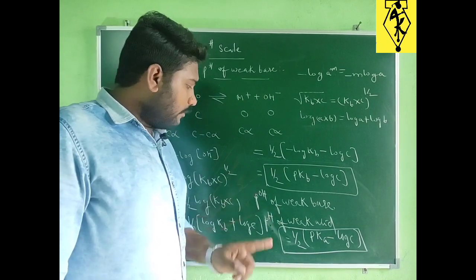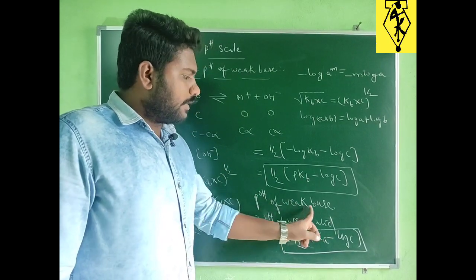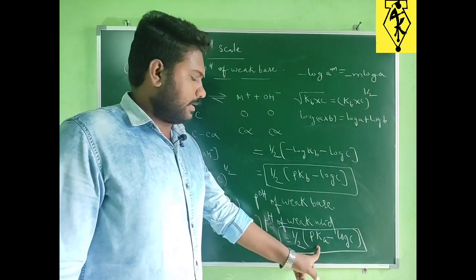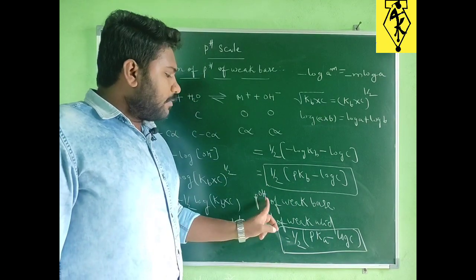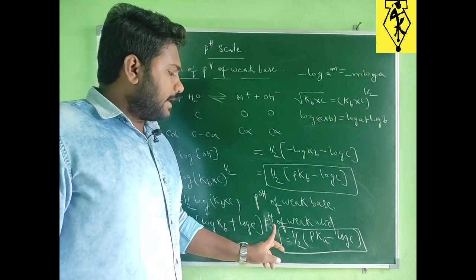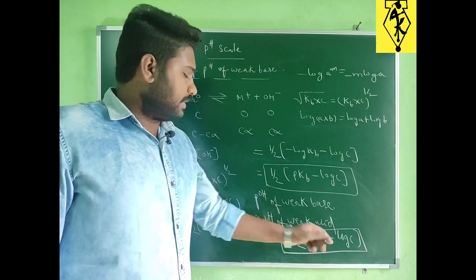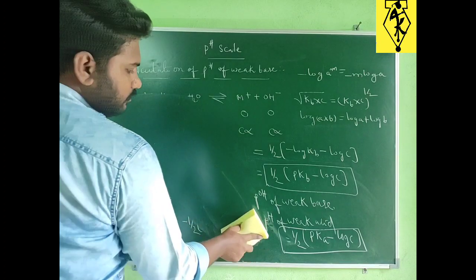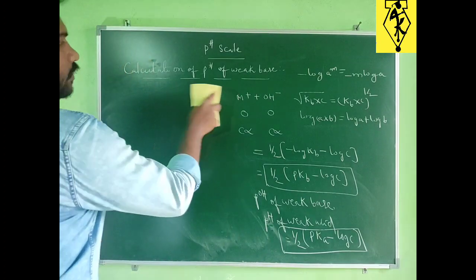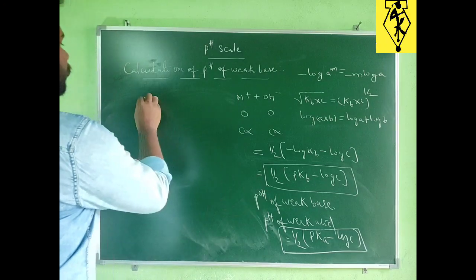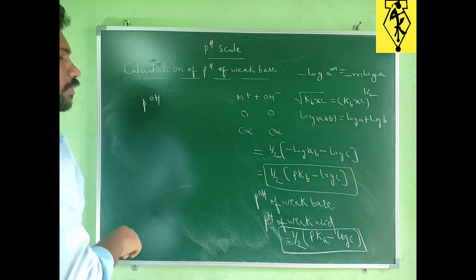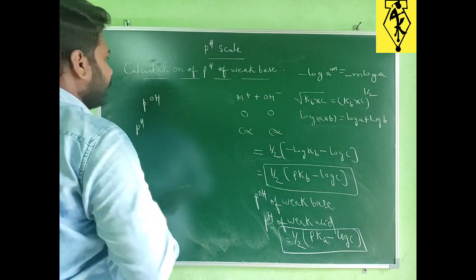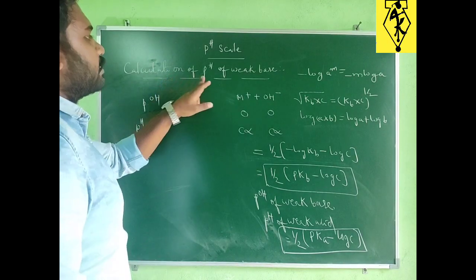So this is the expression to calculate pH of weak acid. Just very simple. If we are calculating pOH of weak base, the pKb term will be there. If we are calculating pH of weak acid, the pKa term will be there. If you want to calculate pOH of weak acid and pH of weak base, it's very simple here also. So we know pOH here, and we have to calculate pH. Our heading also says the same thing, calculation of pH of weak base.